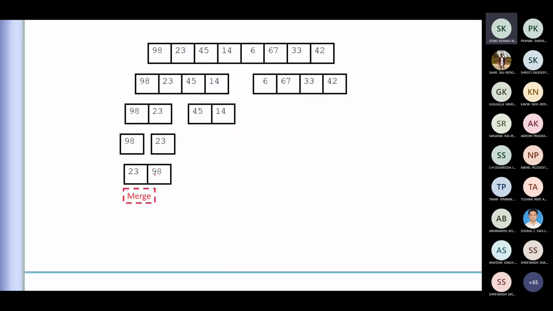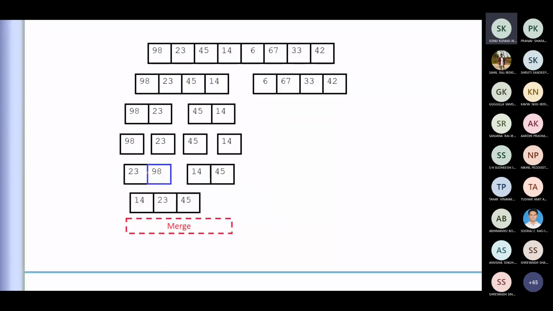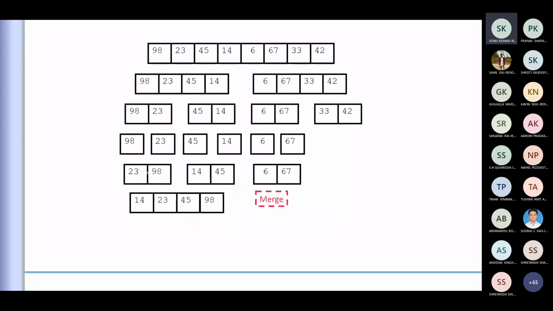Compared to bubble sort, where we start comparing and swapping from the very beginning of the iteration, here it happens at the merge point. We divide to the smallest and then merge them according to our requirement. So the name itself is merge sort, and that is how merge sort happens here.